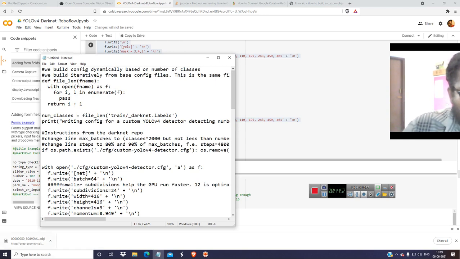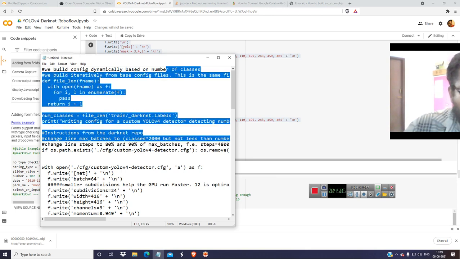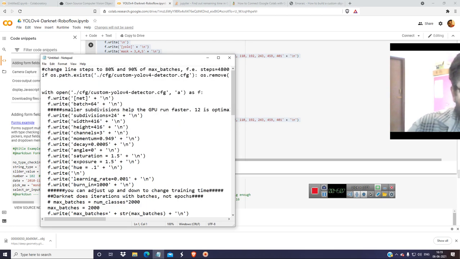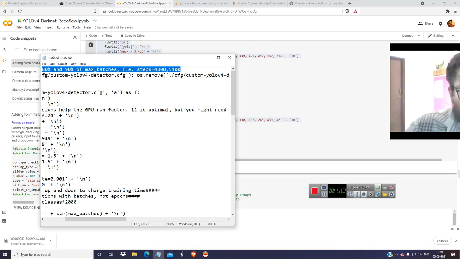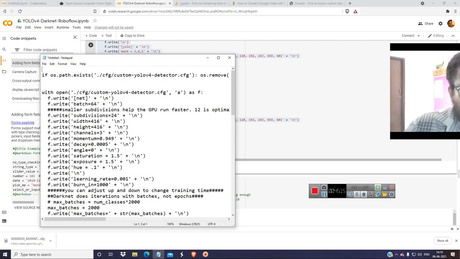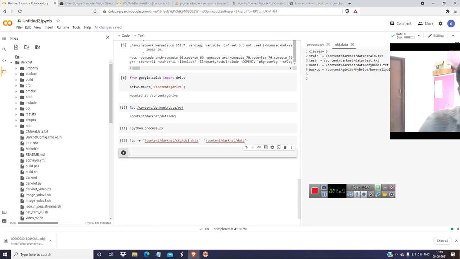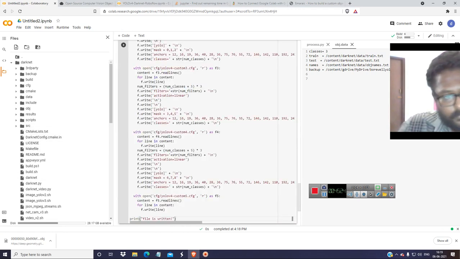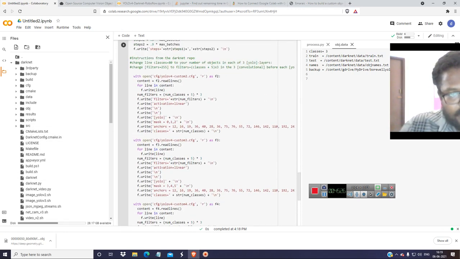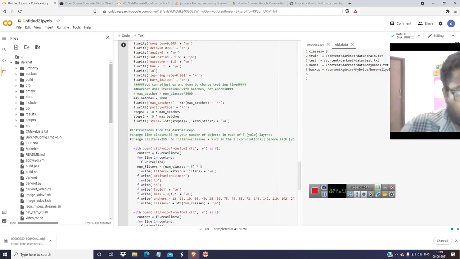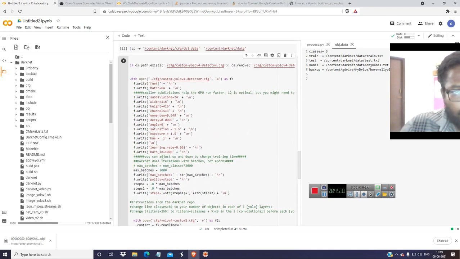So from where do you need this? That is the problem. So we just don't need it from here. So this is also not needed. We only need this, Control A and copy, and get over here, Control V. So now in the CFG folder you have to do all these things.